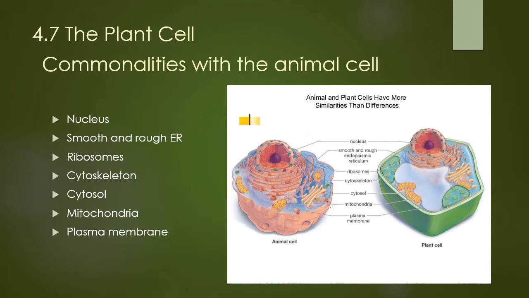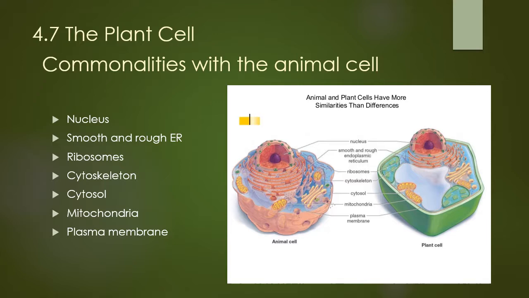Let's move on now to the plant cell. And the plant cell has a lot in common with the animal cell, which we won't go over again. So it has all of the parts on this list here that exist in both a plant and animal cell and do the same job, which are the nucleus, still containing that DNA and producing that RNA that's taken out